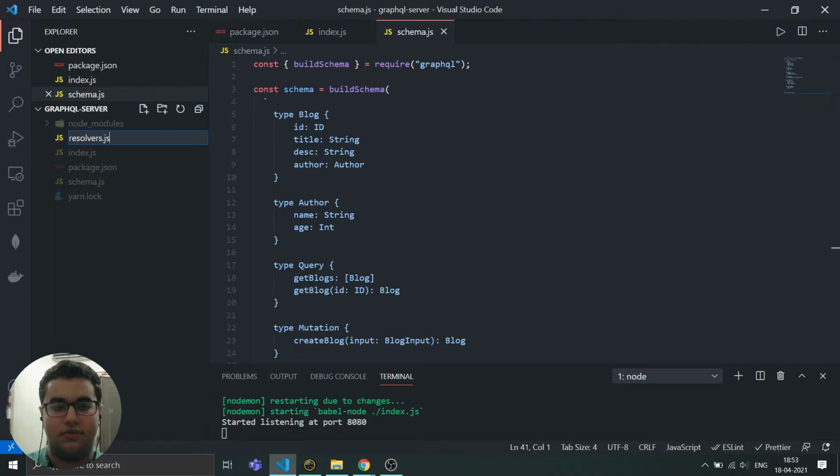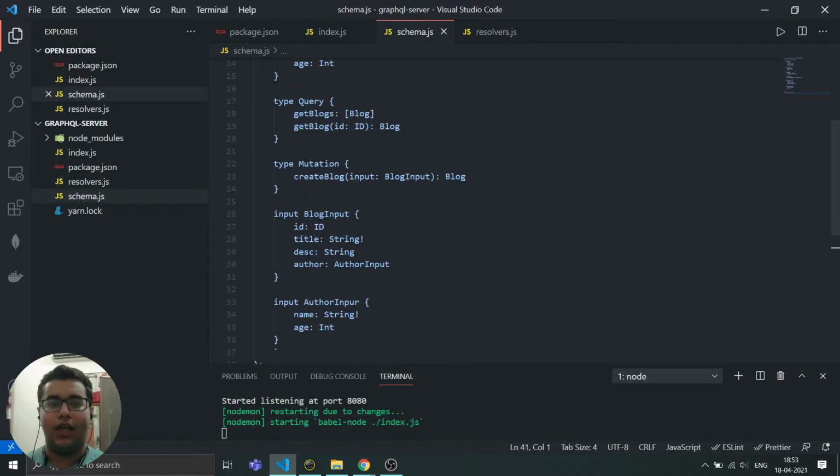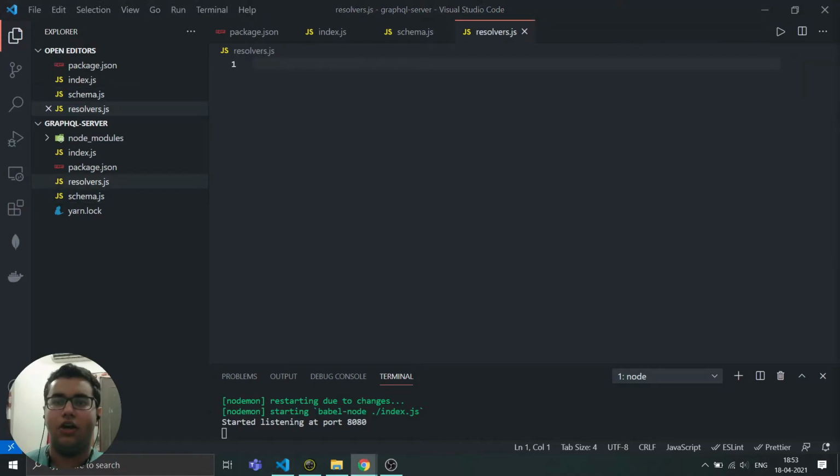Let's select resolvers. What the resolver will do is, you have these functions: create blog, get blog, and get blogs. So in the resolver we will have all the functions defined, like what create blog will do and what get blogs will do.